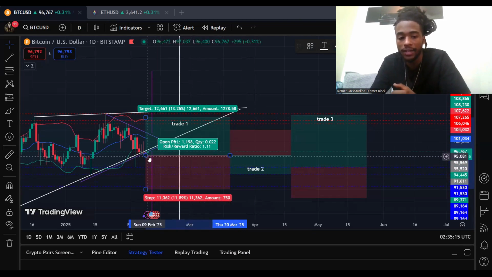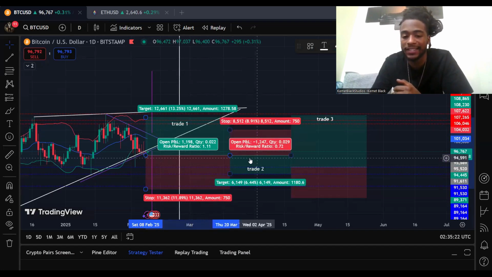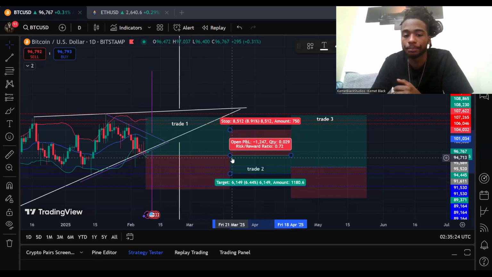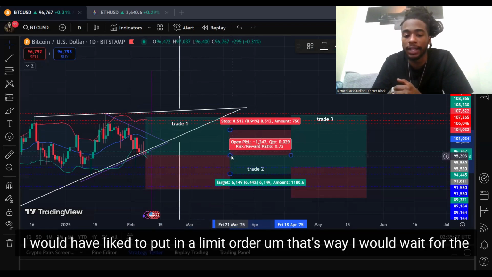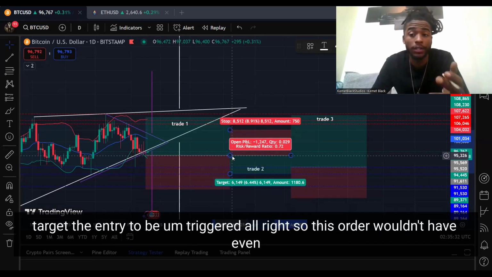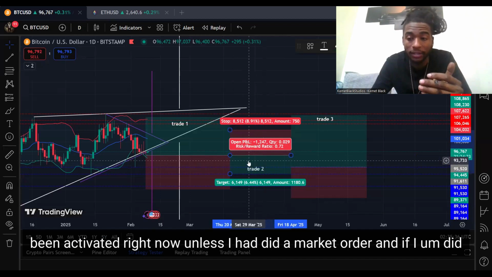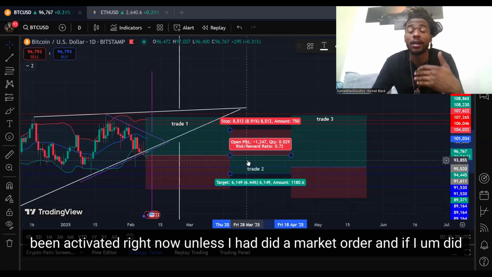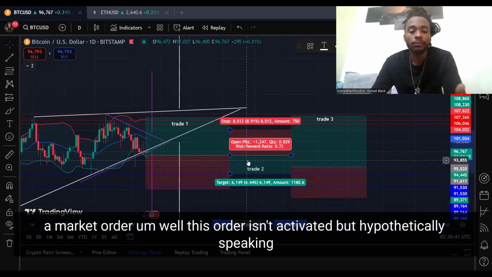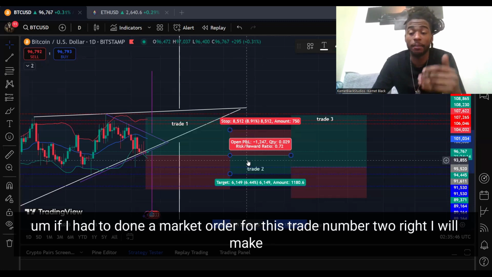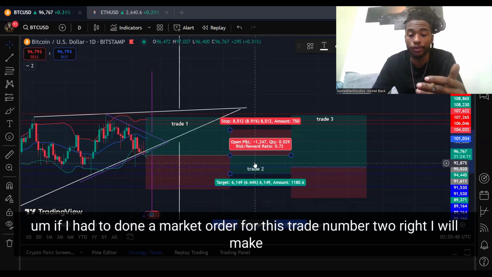As you can see, the entry was a bit lower than where we're at. So this trade is in profit right now. This first trade. All right, the second trade, I would have liked to put in a limit order. That's why I would wait for the target, the entry, to be triggered. All right, so this order wouldn't have even been activated right now unless I had done a market order. And if I did a market order, well, this order isn't activated, but hypothetically speaking,